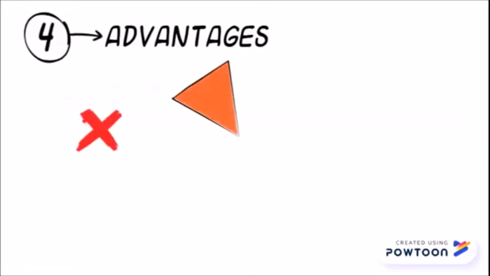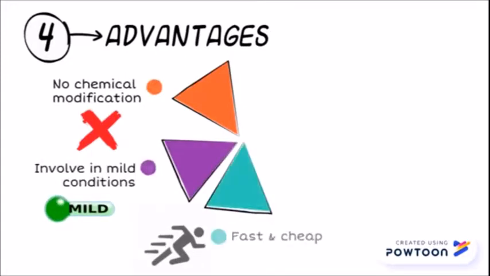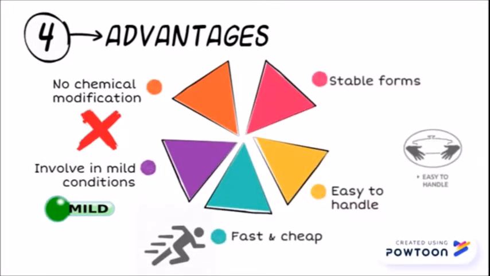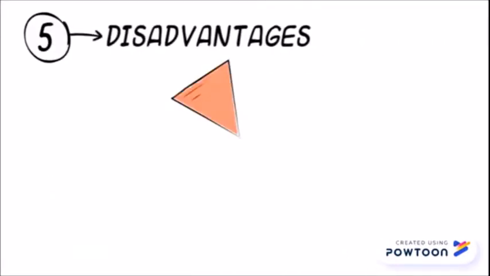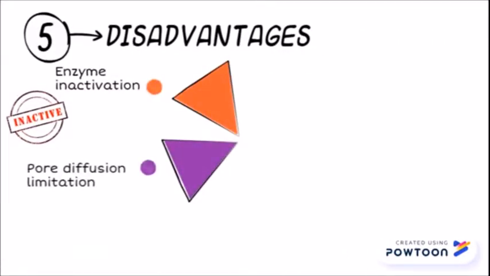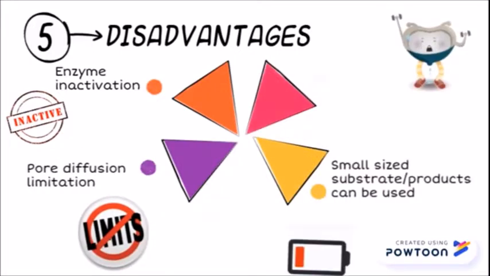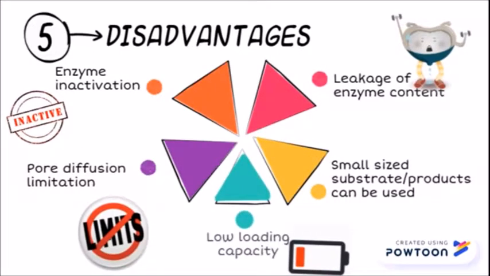The advantages of the entrapment method are: 1. No chemical modification. 2. Involves mild conditions. 3. Fast and cheap. 4. Easy to handle. 5. Stable in forms. The disadvantages: inactivation of the enzyme, poor diffusion limitation, only small-sized substrate can be used, leakage of enzyme content, low loading